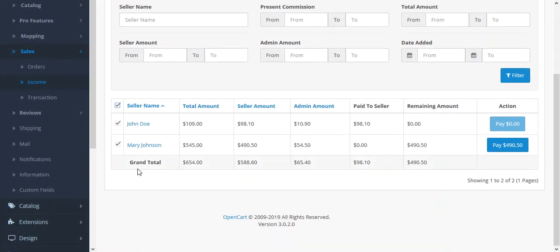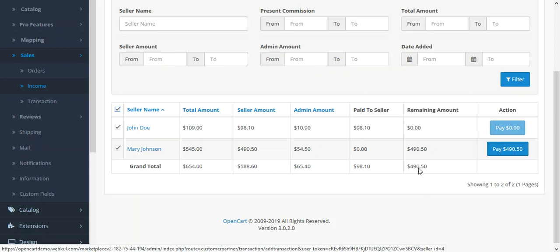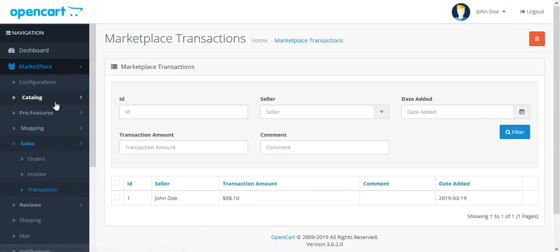and accordingly he can make payout to the sellers as well, and he can do the same by tapping the pay button, the amount that is visible for the respective seller. The admin can make a payment for that using the pay button as well. Under the transaction section,